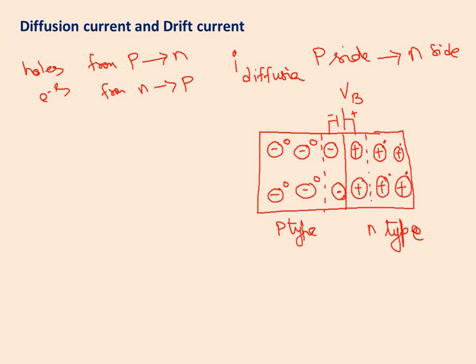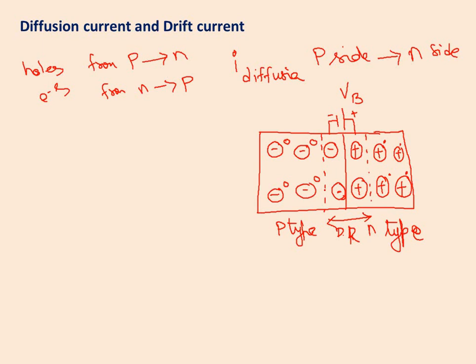Okay, so look here, this is just a rough sketch I have drawn for better understanding. If an electron hole pair is created in the depletion region, this is the depletion region, and this is what we call the width of the depletion region. Are you getting the point here? So if an electron hole pair is created in the depletion region, the electron is quickly pushed by the electric field towards the n side and the hole towards the p side. Okay, are you getting the point here?